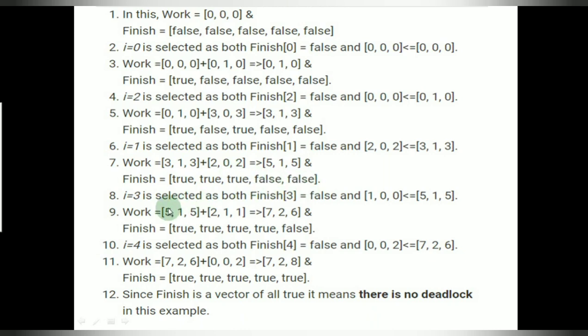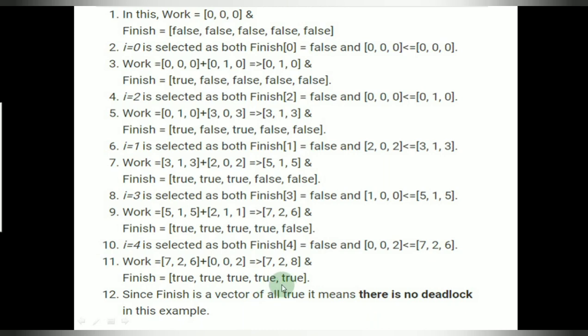I do the same way for P3 and P4. So I can be satisfying P3 and P4 as well. Now I am finding all the requests to be true. So when I can say all the requests to be true, only then I can tell that there is no deadlock. Even if I just change the order of execution and even then I am not able to come up with a true, then probably it indicates that there is a deadlock.